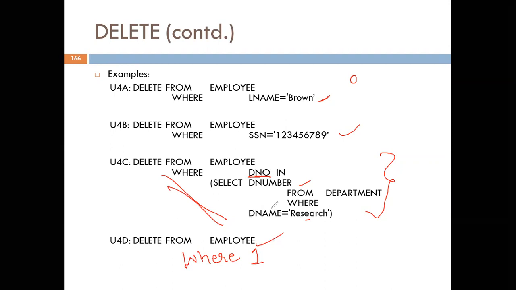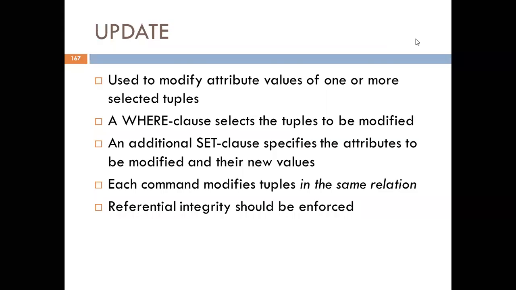So these are the varieties of delete statements. So next is the update command. The update command is used to modify the values of the attributes of one tuple or more than one tuple. Here also we have to use the where clause to select the tuples whose value we want to modify. If we don't specify the where clause, then the values of all the tuples in the table get updated.